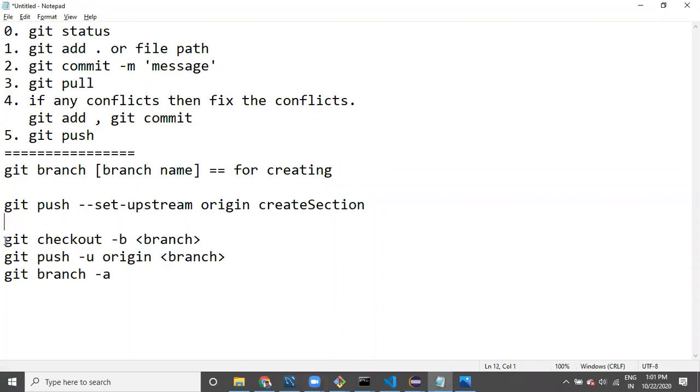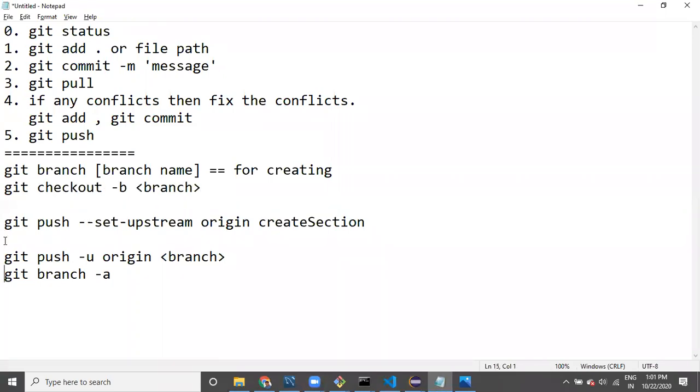Shifting from one branch to another branch, checkout. To see all the branches available, you can use branch to display all branches.